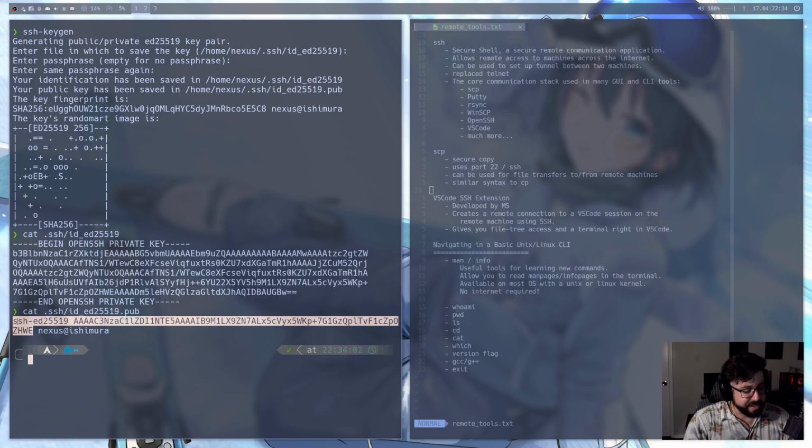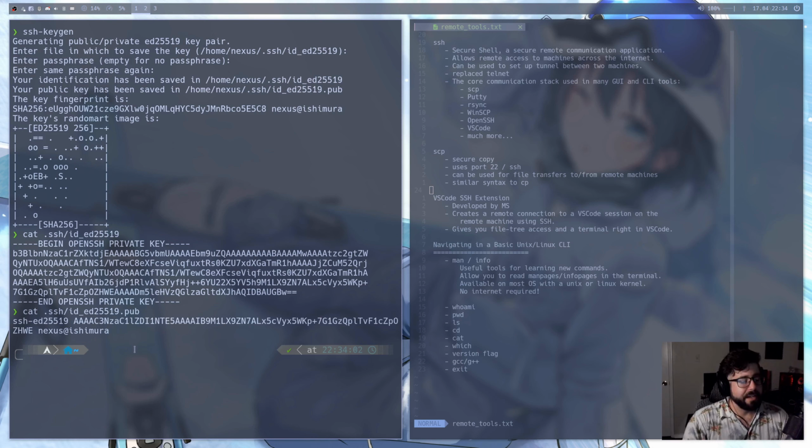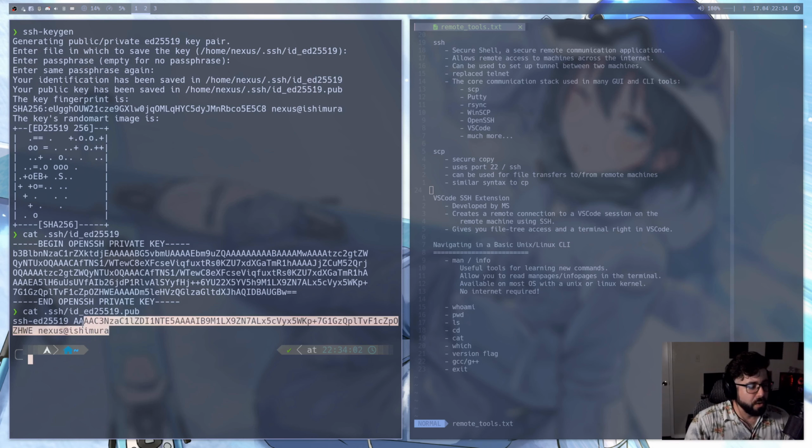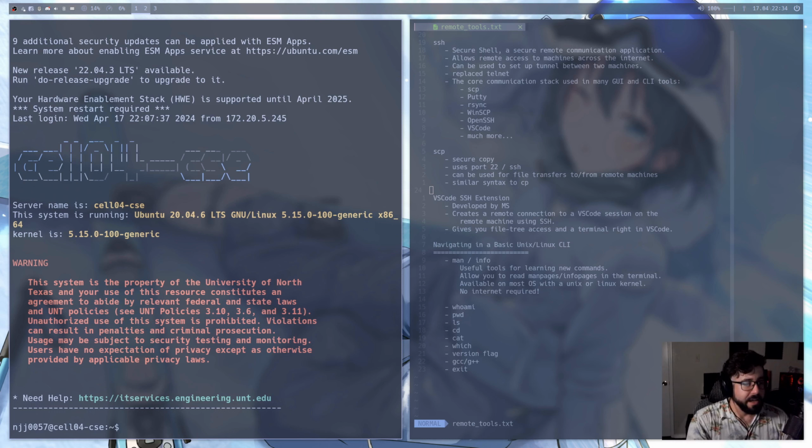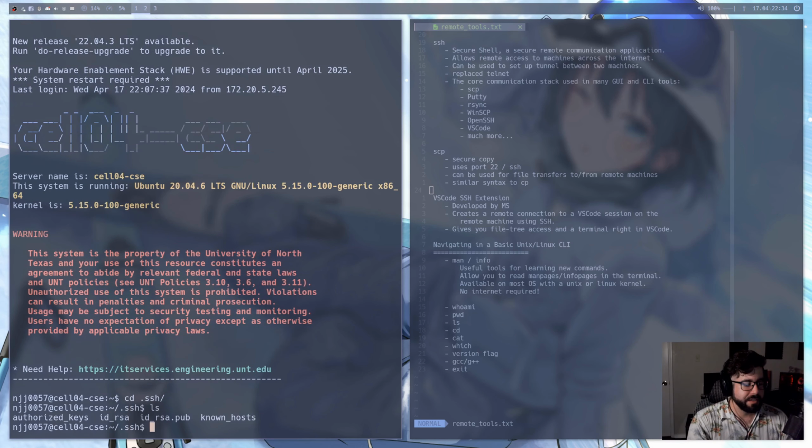Now we're going to copy this for later because this is important, right? It's this whole line. So copy this whole line all the way, even including your username at hostname, right? Copy that whole line, and then we're going to SSH to the cell machines again. All right, now that we're in the cell machines, we're going to change directory to .ssh, and you'll see here